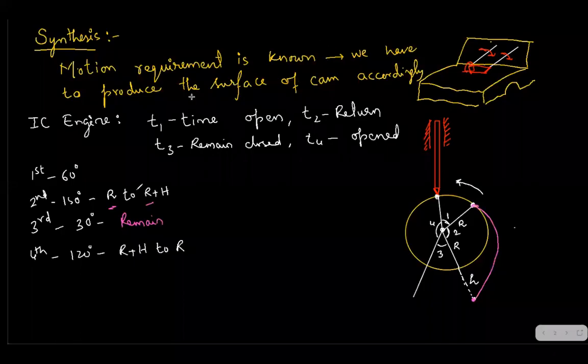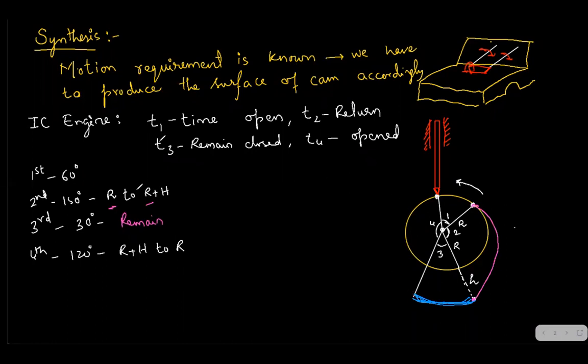Yeah, students. So for the third part, it was 30 degrees, and this 30 degrees is going to remain the same. What is going to remain the same? The follower is going to remain in a constant position. It's not going to have any rotatory motion. So let me denote that constant motion with some other ink. Here, in a circular path, it is going to go, but it is going to have constant rotation at a distance r plus h. It means it is going to be open for that amount of time.